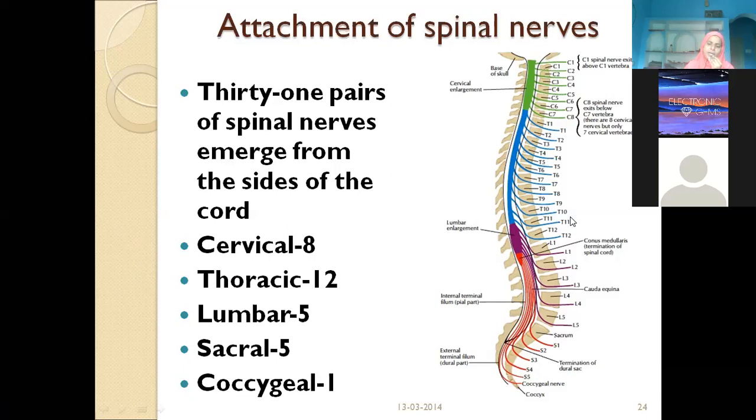Okay, thoracic are 12. They are all coming out through their respective intervertebral foramina. For C1, it is like at the foramen magnum level, you are finding C1 is coming above, that means below the foramen magnum and above the upper border of the C1 vertebra. So overall, we have 8 cervical nerves. Thoracic, as many vertebrae as we have, so many nerves we have. 12 pairs of thoracic, 5 pairs of lumbar, 5 pairs of sacral. I told you the sacrum bone is formed by the fusion of 5 sacral vertebrae. That's how we have 5 pairs of sacral nerves and 1 coccygeal. If you make a grand total of this, it comes to around 31 pairs of spinal nerves.